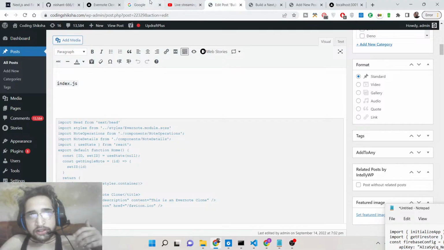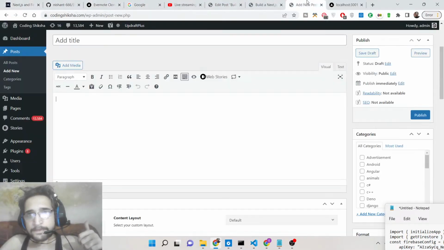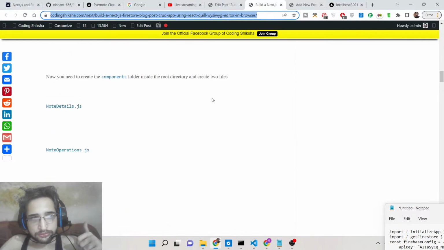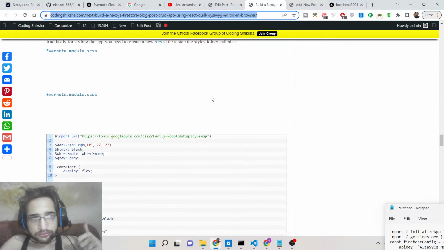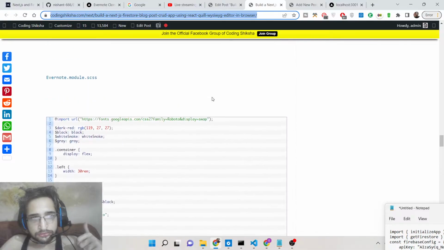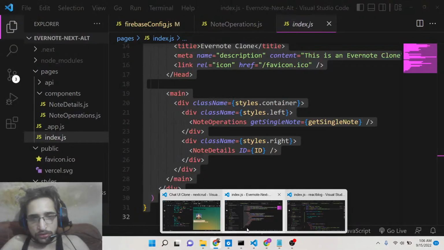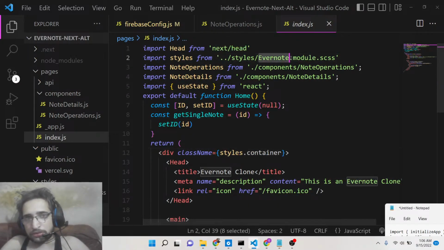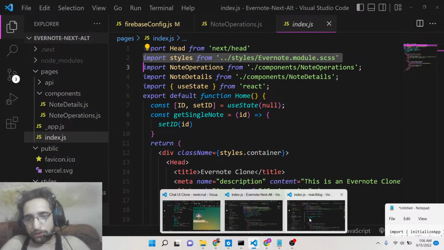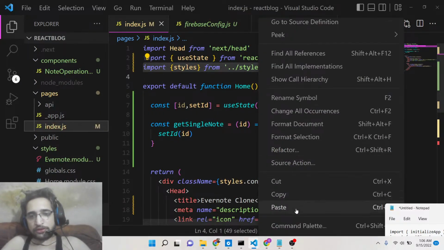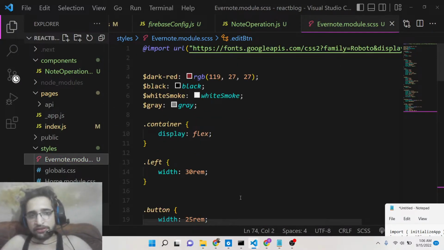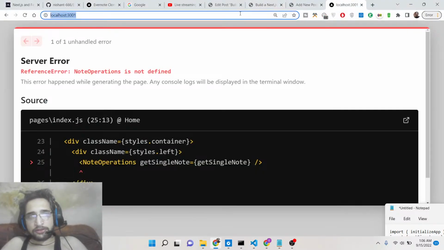So if I clearly check here inside my index.js, we need to copy this file, sorry, not the home one. So simply copy this one, which is evernote module.sas. This is a file here. It contains this container class, you can see that. So now if you refresh it, hopefully this time,